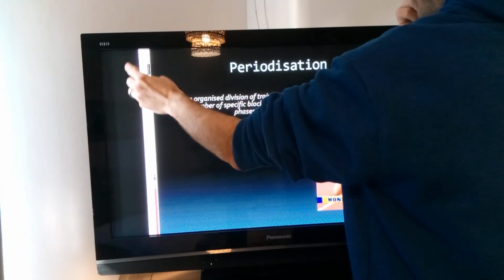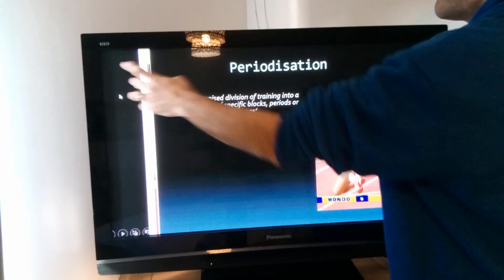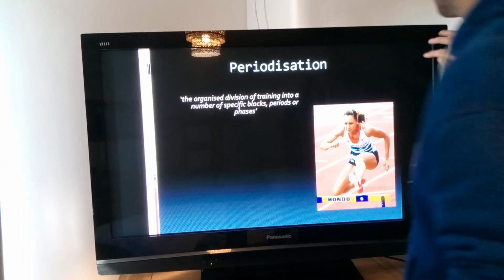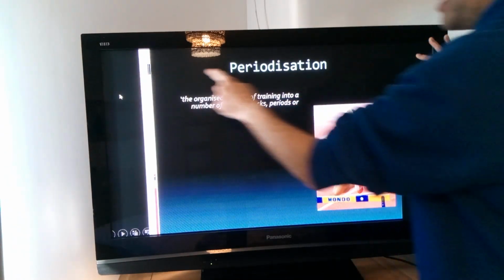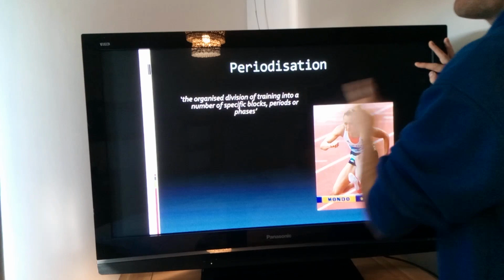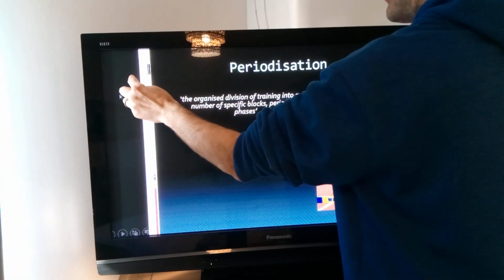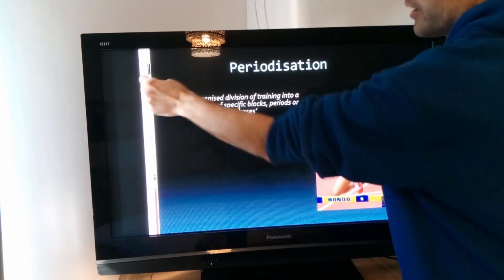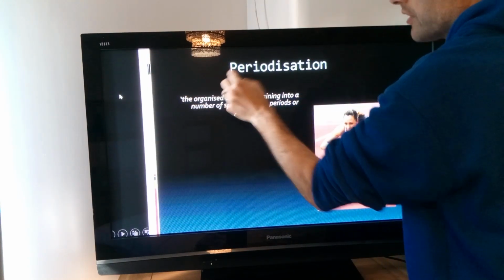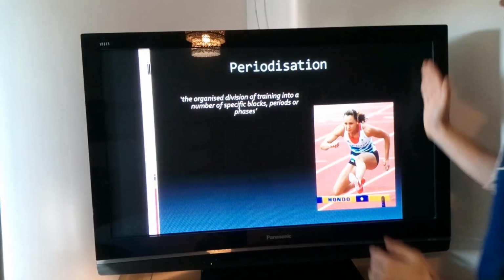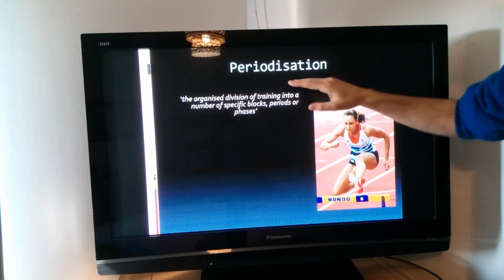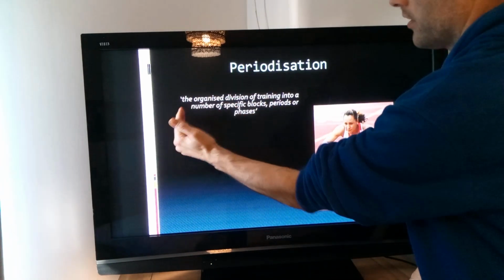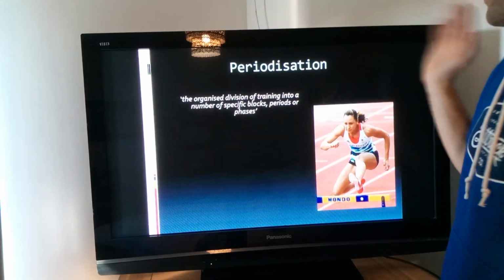If I just said to you, I want to get you from here to here, and I gave you, imagine that we're going for a road trip. We're starting at school. And I've told you to get to the Scottish Highlands, but I've given you no information to get there, the chances are slim. Whereas if I give you little building blocks and I give you, right, your first step is Ringwood, your second step is Southampton, and I give you little steps, you can get to those little steps to allow you to achieve your full end goal. And that's what periodisation is all about, is putting little building blocks over and over and over again to allow you to get to your end result.